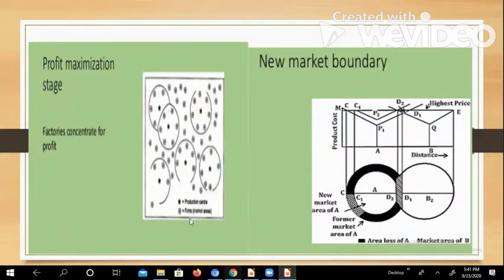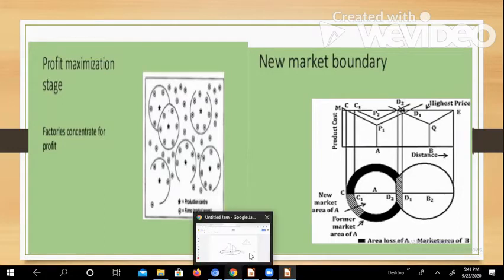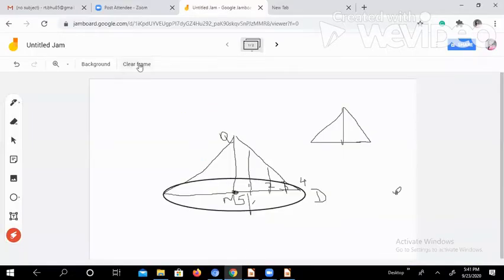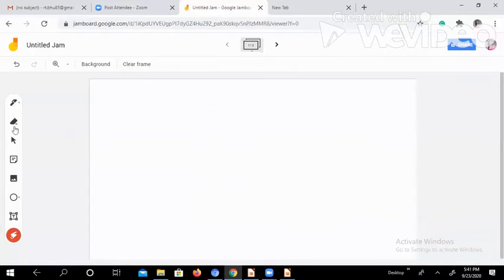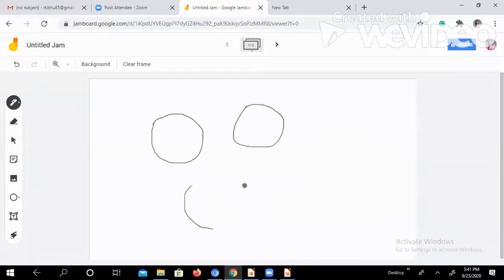What is profit maximization? These stars are the various firms. Now again, I will show this. For example, this is a central place. First of all, the various firms will be far apart, because then they will have more consumers. So maybe the consumers are here,